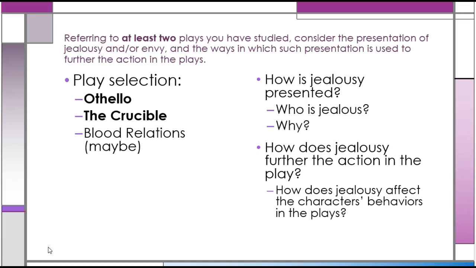So the question is asking about the presentation of jealousy or envy, and then the ways in which the presentation is used to further action in the plays. So I kind of broke it down into a couple things. First, how is jealousy presented? So I'm thinking, who's jealous and why? Because I want to definitely introduce that aspect. And then I need to think about the second part of the question, which asks, how does jealousy further the action of the play? Which further breaks down into the idea of how does jealousy affect the characters' behaviors in